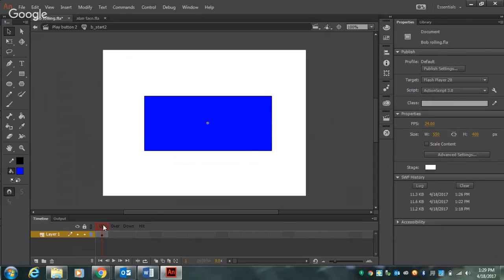You've got the up stage, which is what the button looks like when nothing's touching it, nothing's pressing on it or anything. You've got the over stage, which is what you want the button to look like when somebody hovers over it. Then you've got the down stage, which is when somebody clicks on the button, what do you want it to look like? And then the hit stage, which we're not going to get too much into, but anyways,